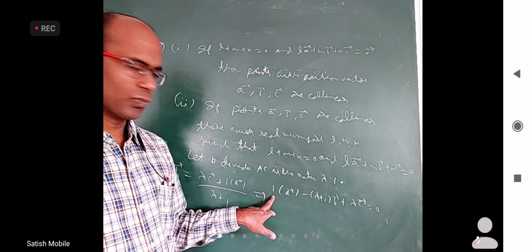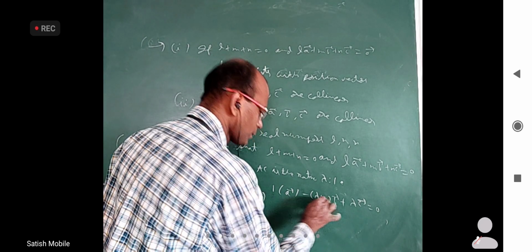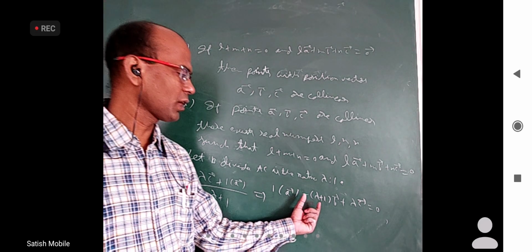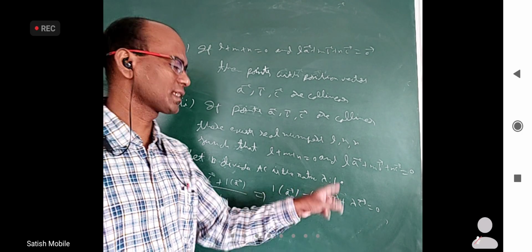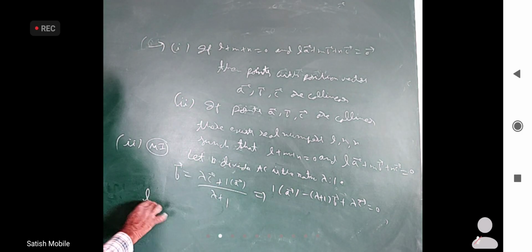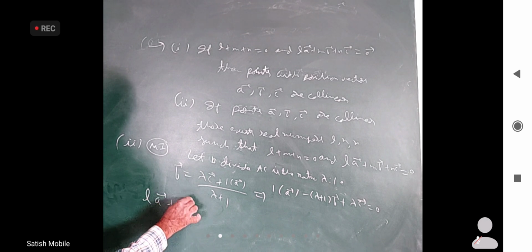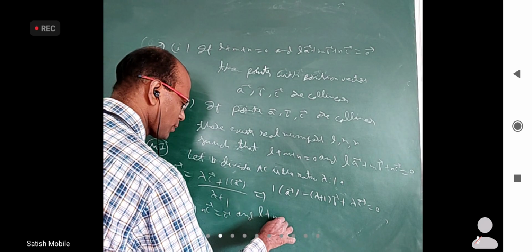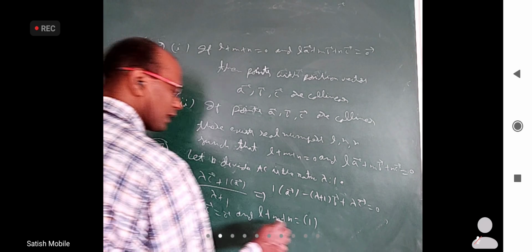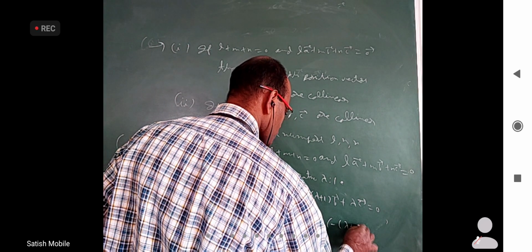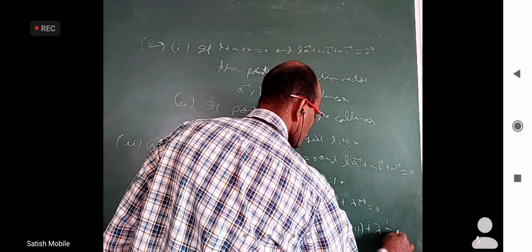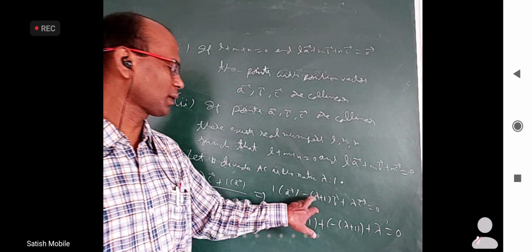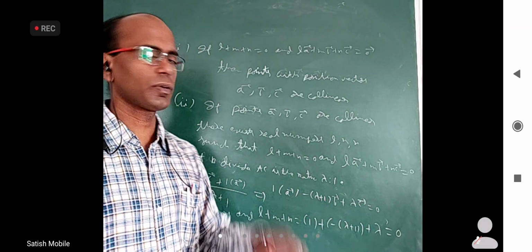A bar coefficient is 1 and B bar coefficient is minus of lambda plus 1 and C bar coefficient is lambda. You can see the sum. So you can call this as LA bar plus MB bar plus NC bar equal to 0 bar, and what is L plus M plus N? L is 1, M is minus of lambda plus 1 and N is lambda and it is 0. Okay. The points are really given to me. I can tell what is this number, what is this number, what is this number, but definitely their sum will be 0.